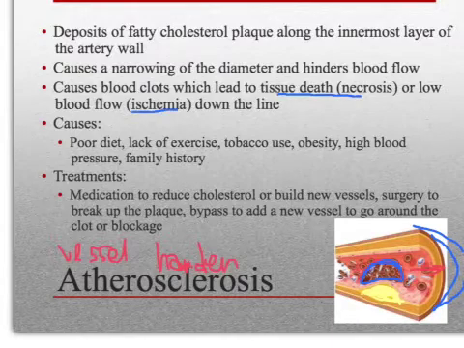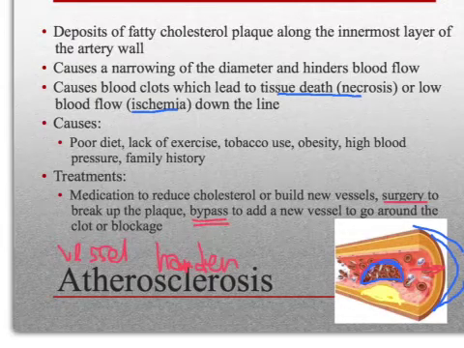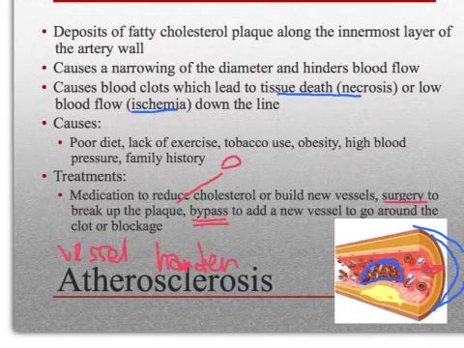That's called ischemia. We've talked about some of these causes already: poor diet, lack of exercise, tobacco use, family history even, obesity and high blood pressure. Some of the treatments, there's a lot of medications now actually that can help break up cholesterol. We've talked about surgeries to go around the clot itself. That's called a bypass. There are surgeries where you put a little kind of wand into the vessel with a balloon on the end, and then the balloon blows up and it blasts out that clot. So those are just